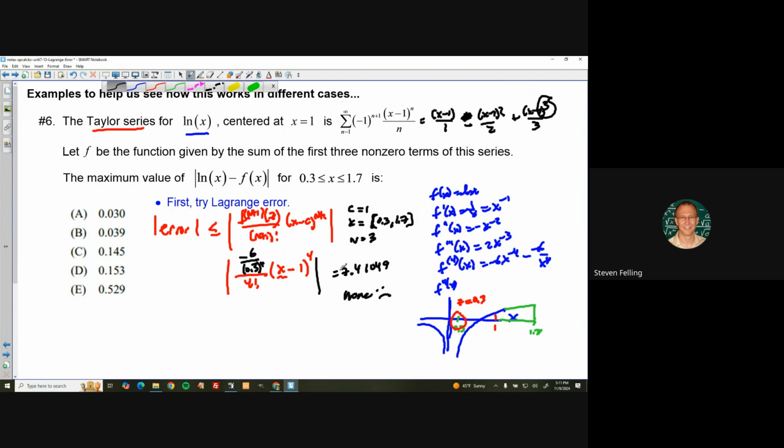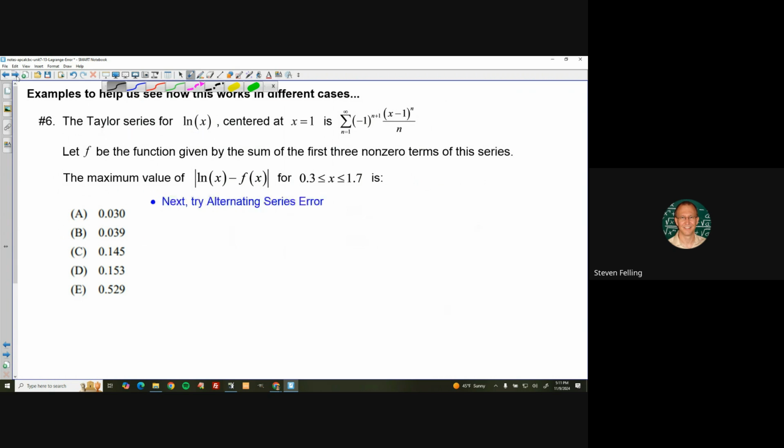Let's take a look at another one. It was wrong to look at this and say Taylor series because this just didn't work. Another thing we could try is this is actually an alternating series. We could try an alternating series error. So if we wrote out those terms, let me write them out again. This is a little faster than the previous one. We're still doing, I'd say, an incorrect approach, but let's say if we wrote the series,